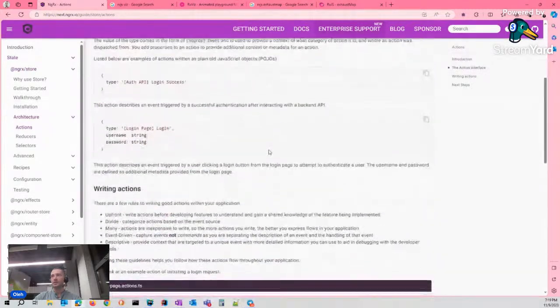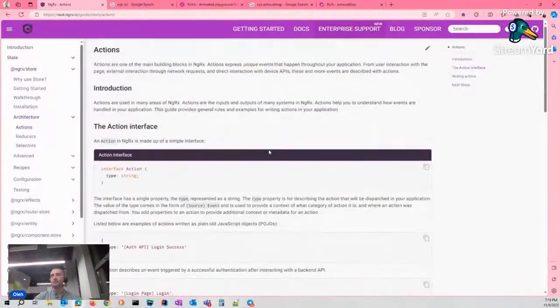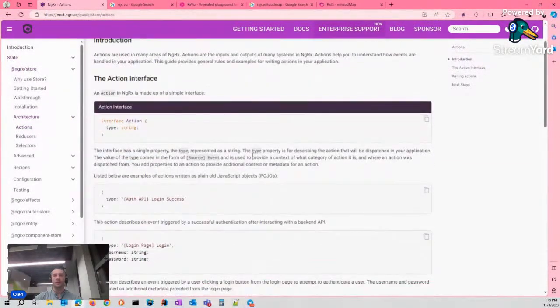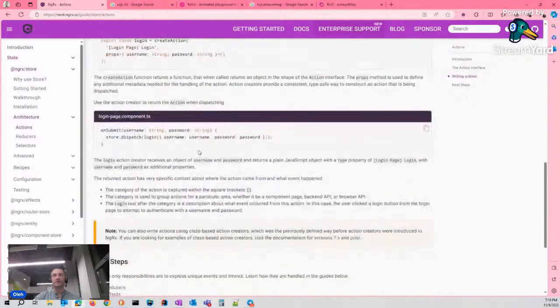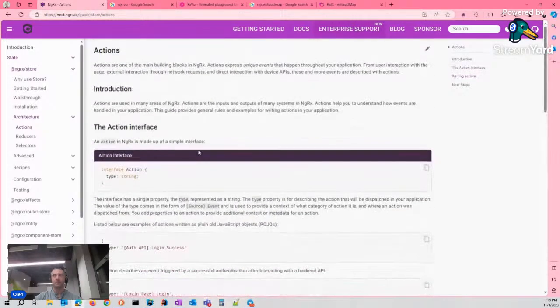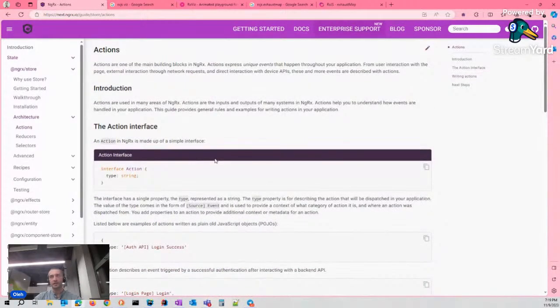What do we start from? We have to understand what we want and how to implement it, of course, what actions we need, and what data we need to save into the store.